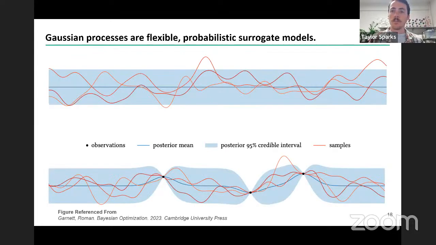There are many to choose from, but the most popular, bar none, is going to be Gaussian process. Gaussian process allows us to sample many possible solutions from a Gaussian distribution of our solutions. And because you sample many of them, we end up with many possible solutions. That's where we get our uncertainty from, by sampling many possible solutions. And then when you make observations, you simply force those solutions to converge onto those points. So there are lots of possible solutions, giving this big blue band of uncertainty. And then you have a couple fixed points where now we have observations, so we force our models to go through those. And this is allowing us to introduce uncertainty.